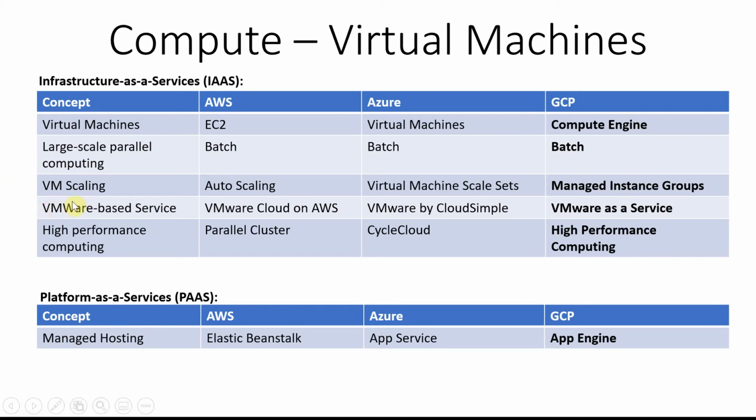Okay, so let's move on. Next is high performance computing. All this stuff which came in the last 1 or 2 years is very new. So AWS ParallelCluster, Cycle Cloud, and high performance computing are for heavy workloads where you are looking for bigger compute and also distributed compute. That's why it's called a cluster.